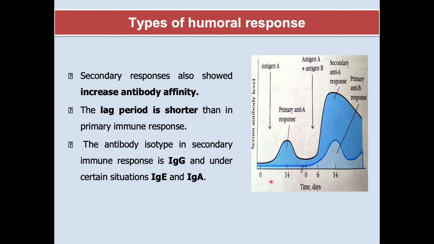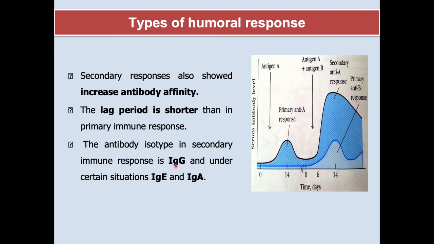Right. The secondary response also shows an increase in antibody affinity. Affinity means that the antibody being produced by the plasma cells is very specific. So it already recognizes the first antigen from before. So that's why the binding of the antibody with the antigen A is easy. Okay. The lag period is shorter than in the primary response, of course, and the antibody isotype in the secondary